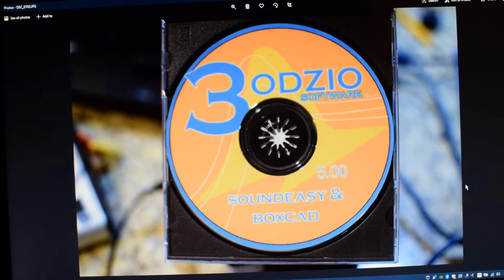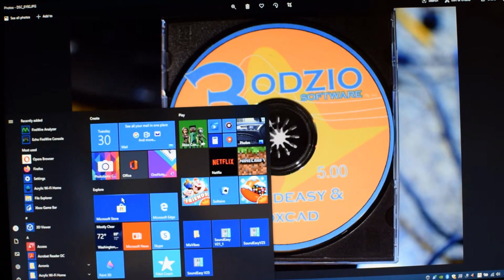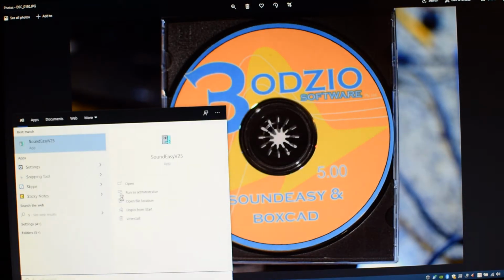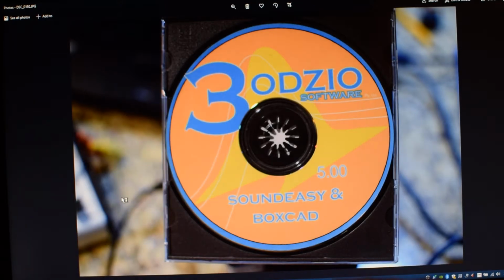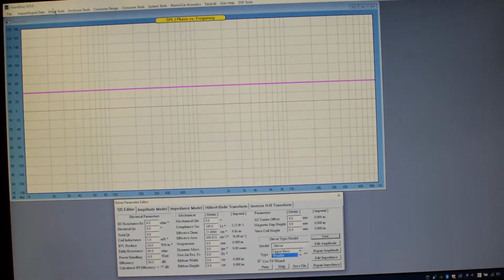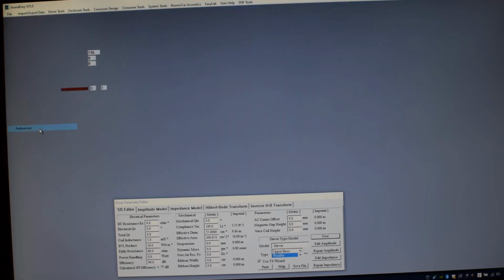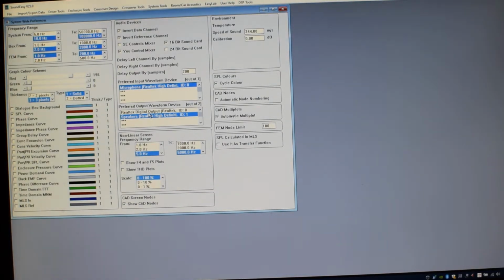So here's the follow-up to the first video where I take a speaker measurement using SoundEasy. And in the first video we used analog inputs and outputs. Preferences, microphone, and the speaker. It's called preferred output is speaker and preferred input is microphone. And these two both are analog inputs and outputs,